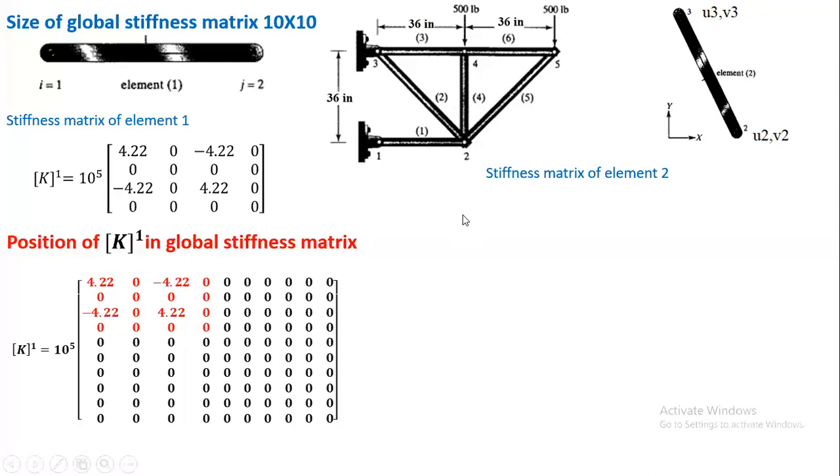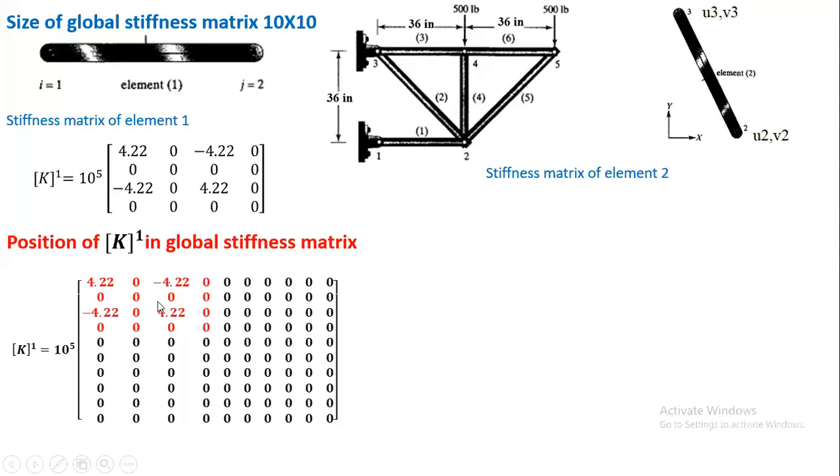the element of the stiffness matrix, or coefficient of the stiffness matrix, corresponding to 1 1 is not affected by the element number 2. Okay, or it has zero effect on the first row and first column, because your node number 1 is not connected to the element number 2. Again, if you have 2 degrees of freedom per node, then on the second row and second column you will not get any term corresponding to element number 2 either. Now your element number 2 coefficients start from u2.